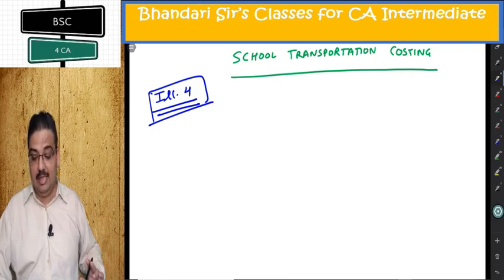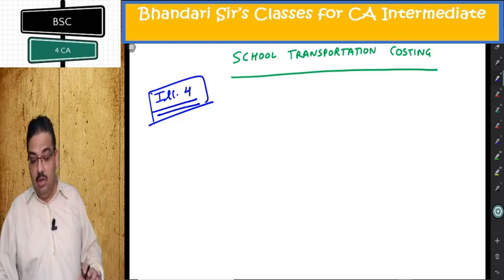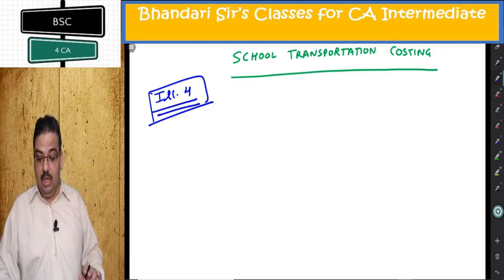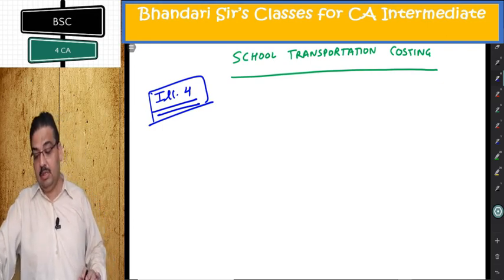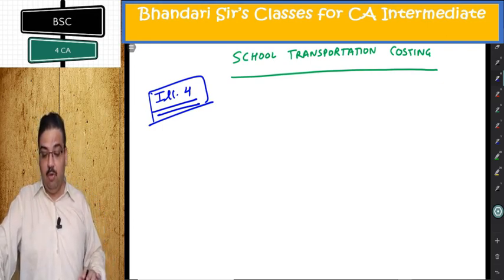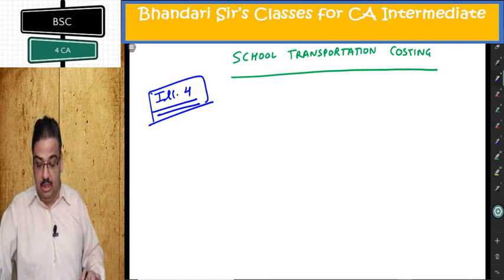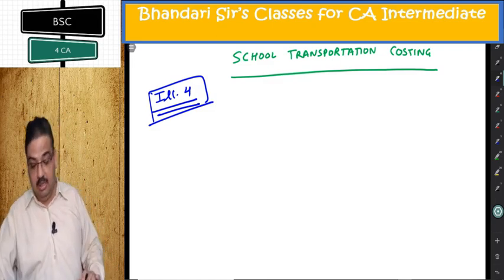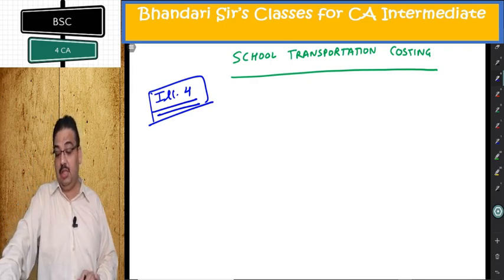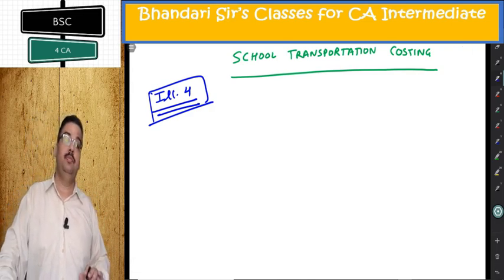Reading the question: SMC is a public school having 5 buses, each plying in different directions for transport of its school students. In view of the larger number of students availing of bus service, the buses work 2 shifts daily, both in the morning and in the afternoon. The buses are garaged in the school. Workload of students has been so arranged that in the morning, the first trip picks up senior students and the second trip, plying an hour later, picks up junior students. Similarly, in the afternoon, the first trip takes junior students and an hour later, the second trip takes senior students home.